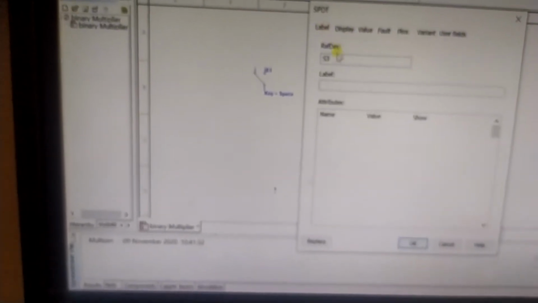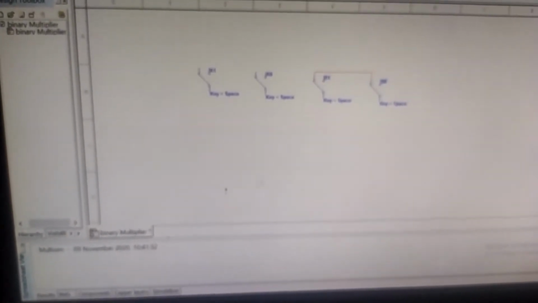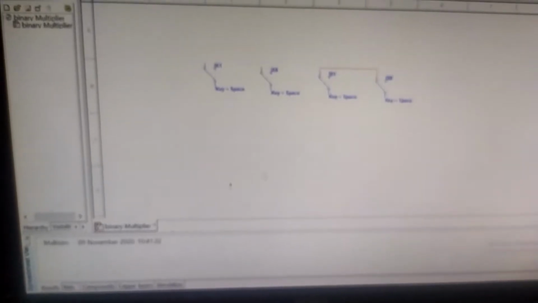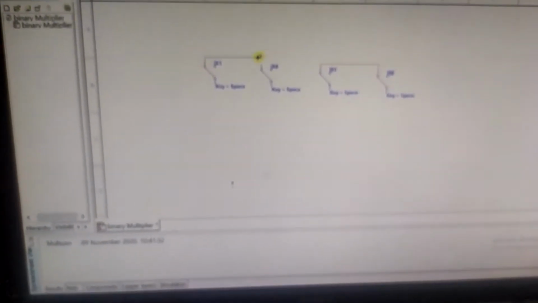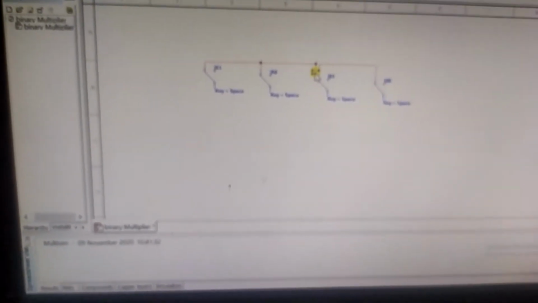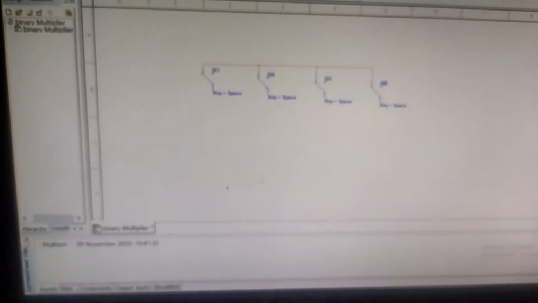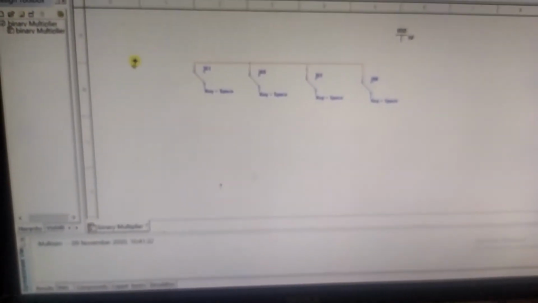S0 A0 A1 with B0 B1 are the binary inputs to multiply A0 A1 with B0 B1. For that I am choosing 4 switches. If we keep the switch in contact, that is on, 1. If it is off, that is 0. Logic 1 and 0 can be identified by closing and opening the switches.